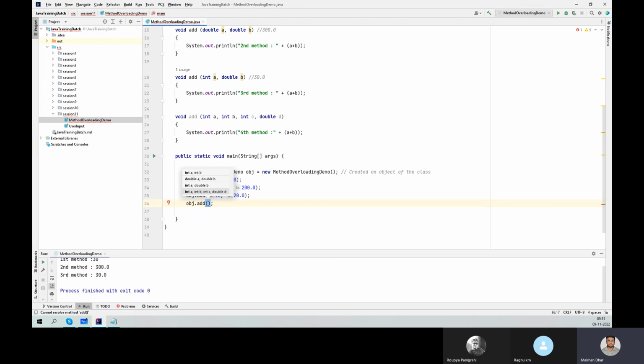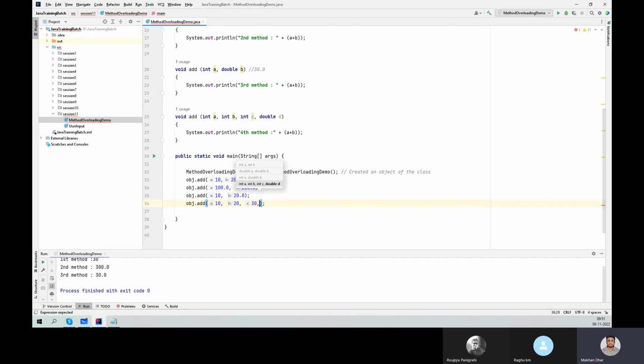So first you have to enter int. Suppose I am entering 10, then comma. For b it's int again, I am putting 20. For the third one I am again entering an integer value. You can't add like this, this will not be accepted. So make sure whatever data type you are declaring, you enter the same kind of data. For C I am assigning 30, and for D I am putting